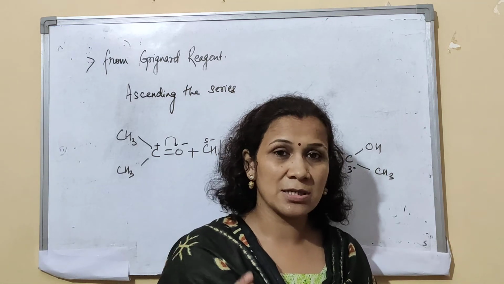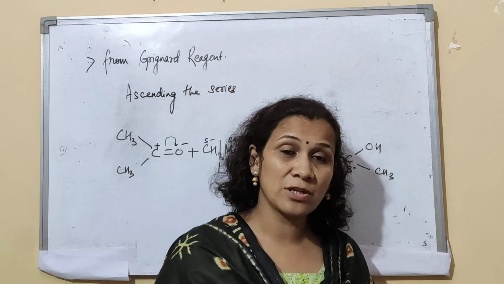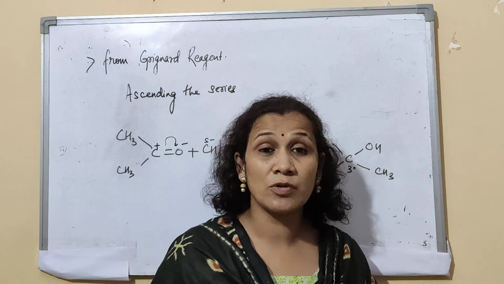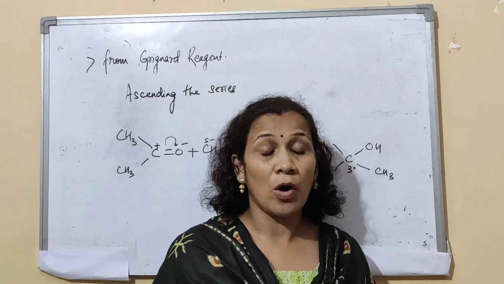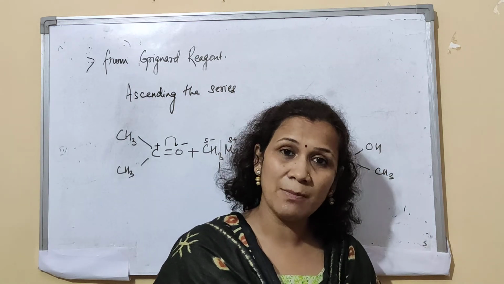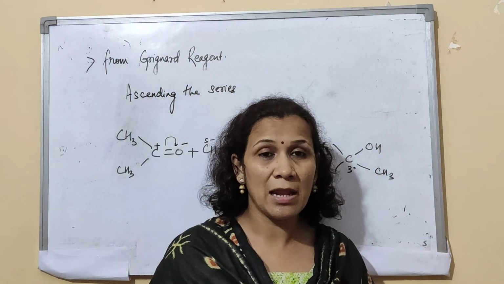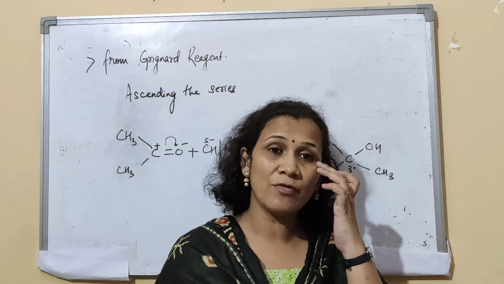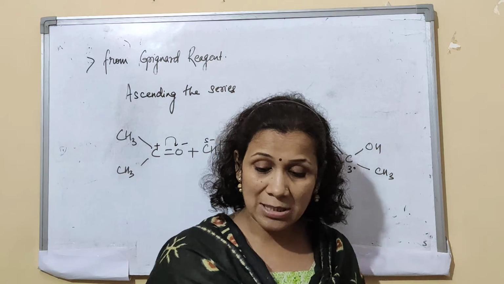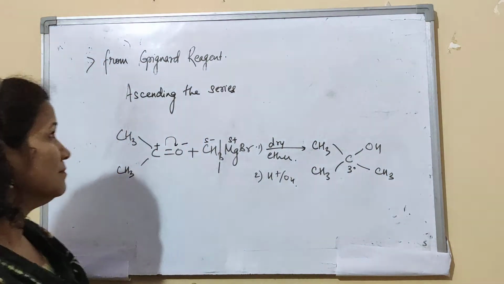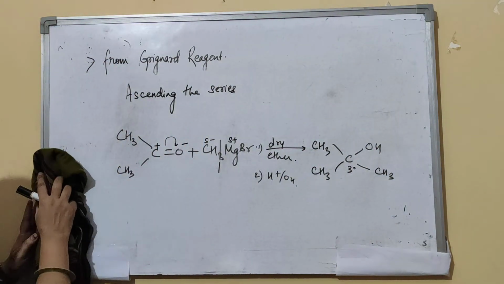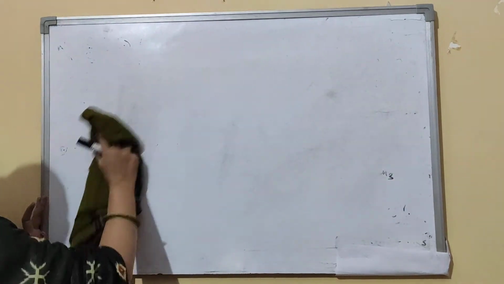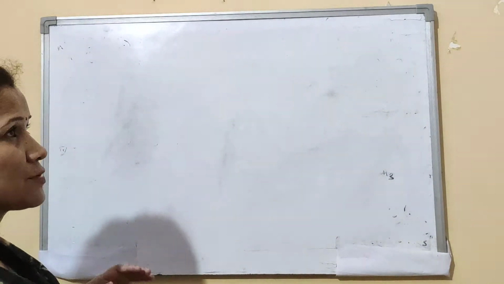So ascending the series. Like the Hans-Dicker reaction, if you remember, was very important to decrease the number of carbons. So it was descending the series. All such reactions are very important. Why? Because they help in conversions to either increase or decrease the number of carbon atoms. Now the last method is from amines. That's the last method of preparing. I hope this is all right for you. The last method of preparation is from amines.